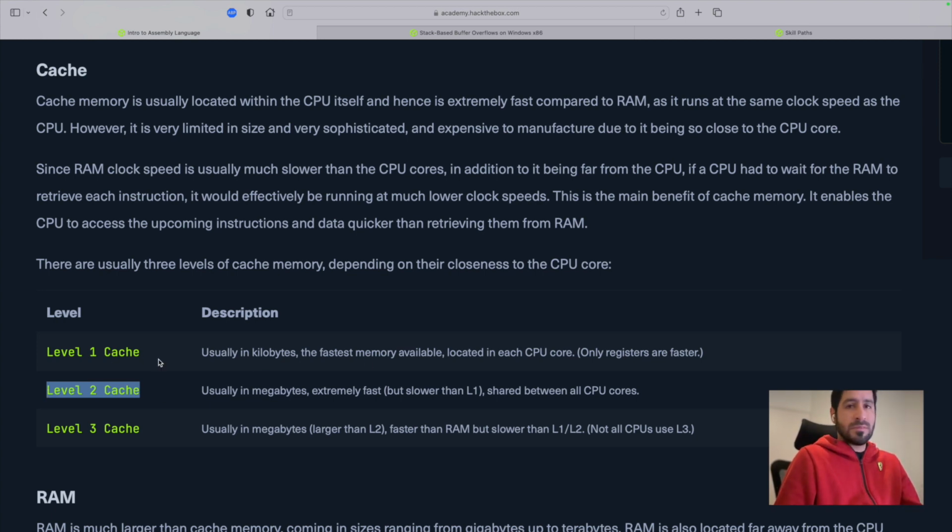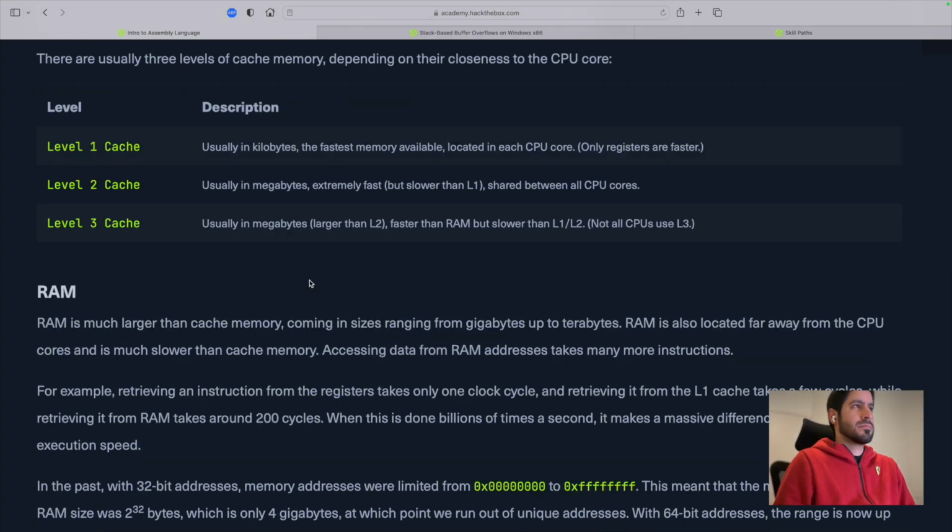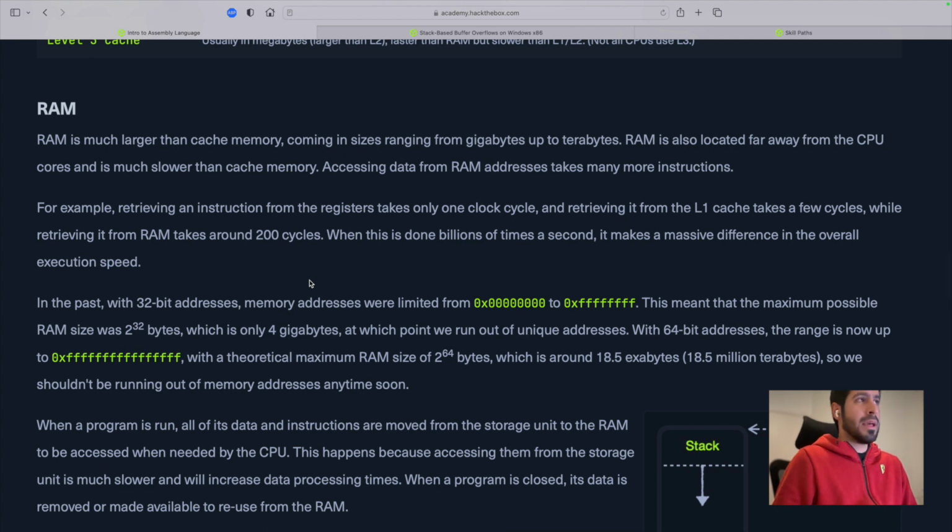Obviously, we have something that is faster than the caches, which is the registers, but they are very small in size, just bytes. And level 2 caches are in megabytes. Also, some processors may have level 3 caches, which are also in megabytes, a little bit slower than level 2 caches. Next, we have the RAM, and the RAM is much larger in size than the caches,